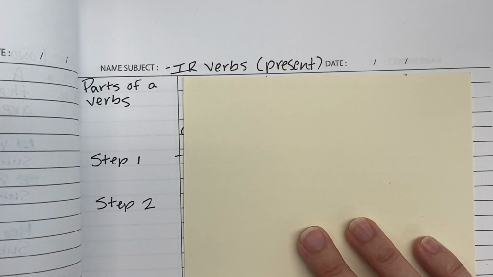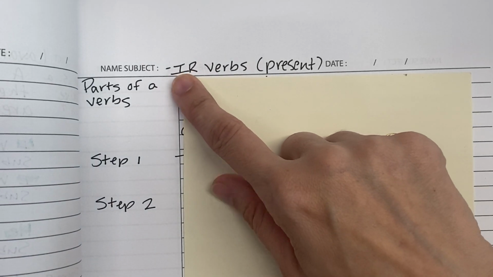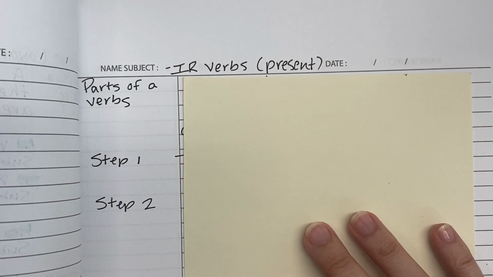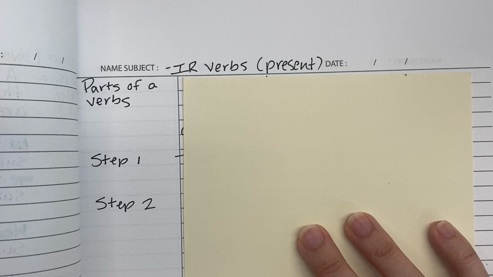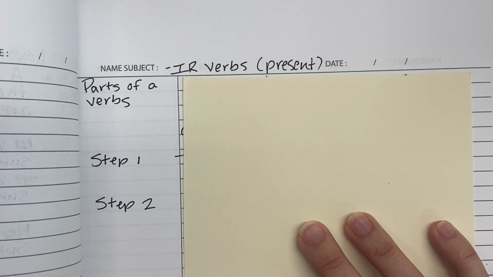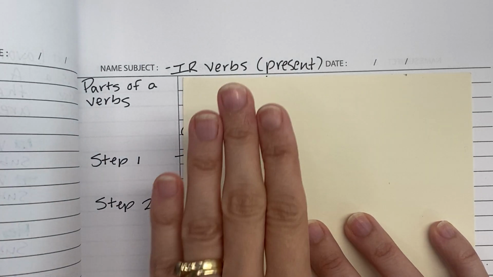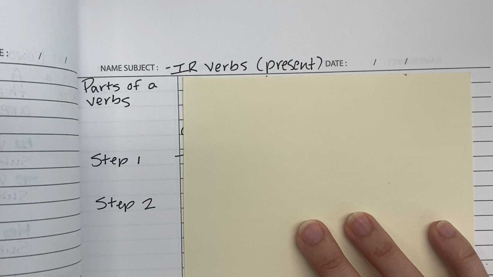Hi, in this video you are going to learn about regular IR verbs in the present tense. And this is the last of our regular verbs. We've learned about regular AR verbs, we've learned about regular ER verbs, and now we're learning about regular IR verbs, and that's it. All verbs in Spanish are AR, ER, or IR, so this finishes off our regular verb lessons